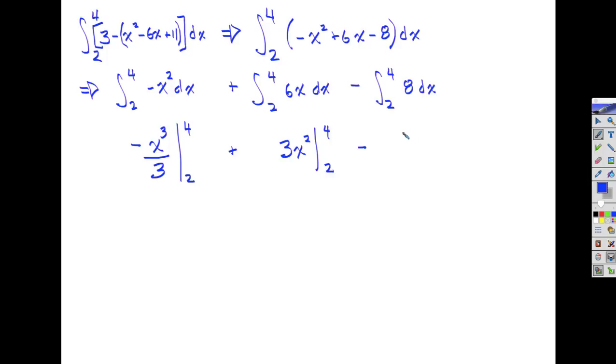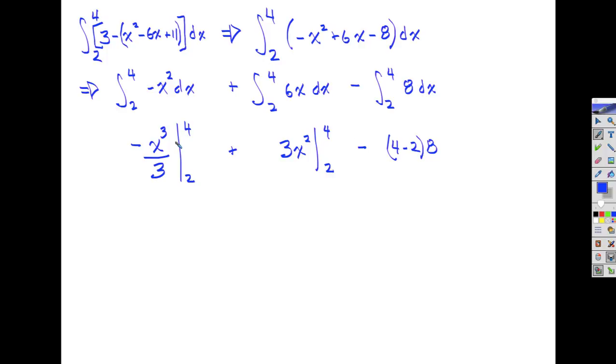Does anyone remember the shortcut for doing this? 8 times 4 minus 8 times 2. That is close to the shortcut, but you do 4 minus 2. So this is going to be 4 minus 2 times whatever this number was. Whenever you have the integral of a constant, it's always going to be b minus a, 4 minus 2, times whatever the constant is. You're so close. So I'm going to do the shortcut here because I expect us to be doing the shortcut on the test